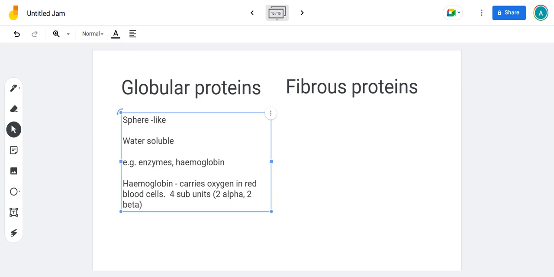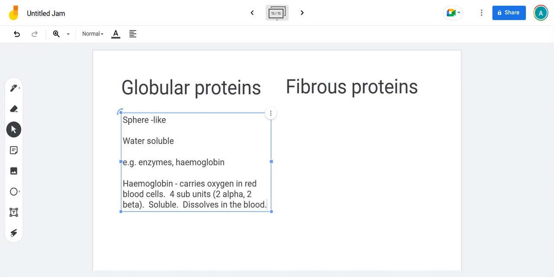So there's two of the same, like the drawing that we did a minute ago. So it's got two of one kind, alpha, and two of another kind called beta. Make sure you're aware that it is soluble, like most globular proteins, and that's useful because it can dissolve in the blood